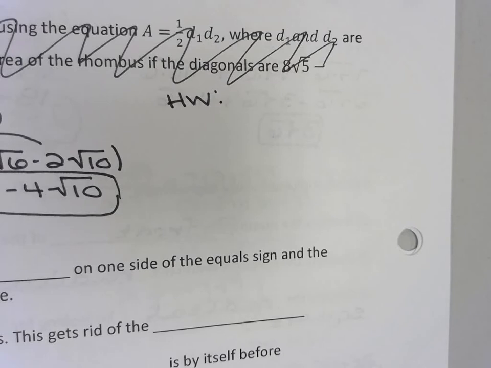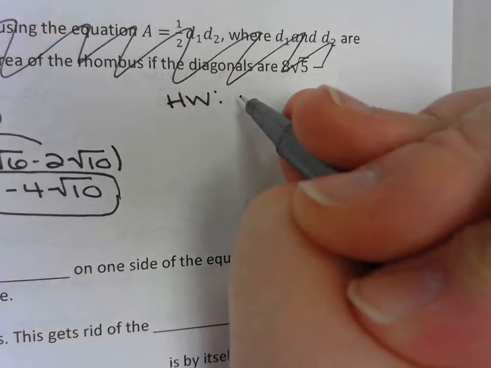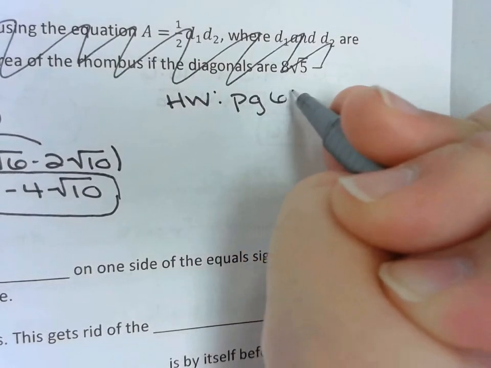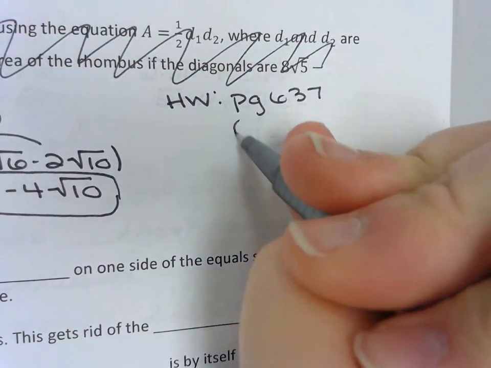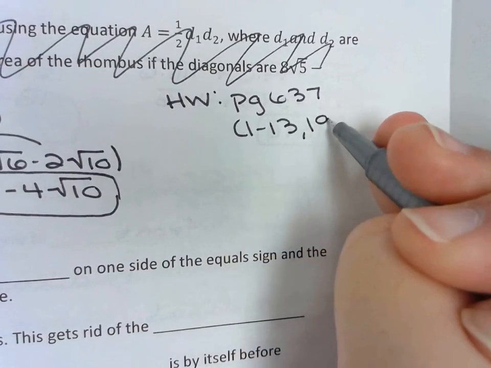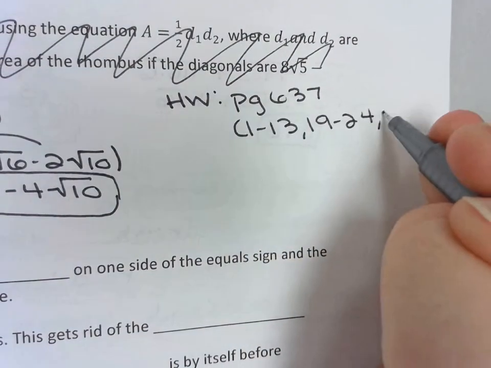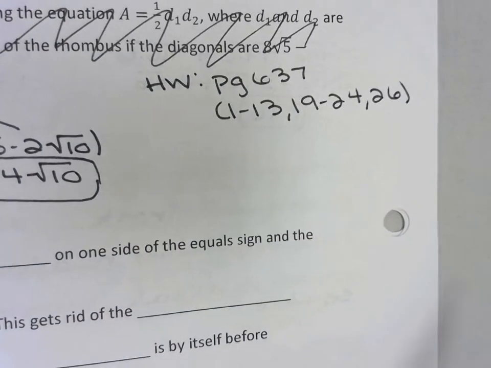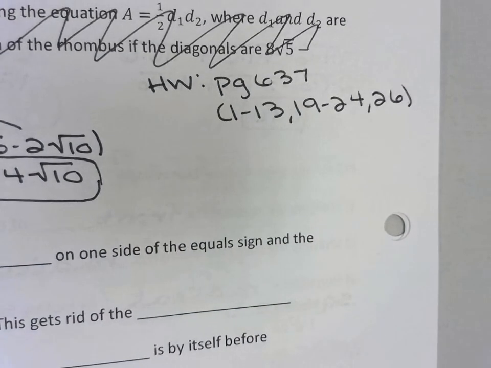So the homework for 10.3 is going to be page 637, 1 through 13, 19 through 24, and 26. So that is the homework assignment for 637. This will be due Friday. We will go over a couple tomorrow, but you should have plenty of time the rest of e-learning to get a good start on this. If you have questions, you need to ask Mrs. Glassford, and I expect you to be working